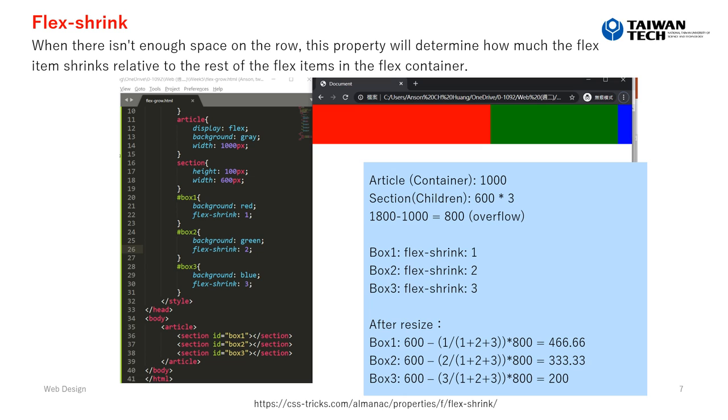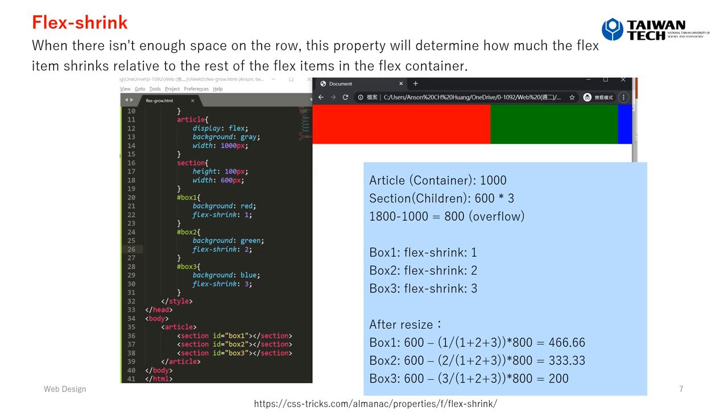Maybe at the beginning, when users browse the site on their computers, they will see the whole content. With the device size smaller, I want to make sure box 1 keeps a certain content, so I will use flex shrink to